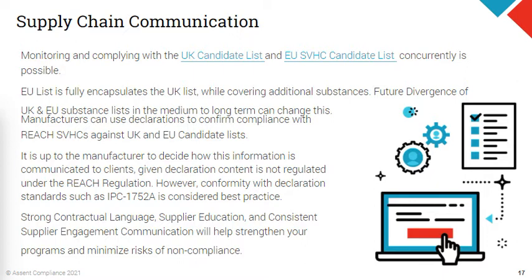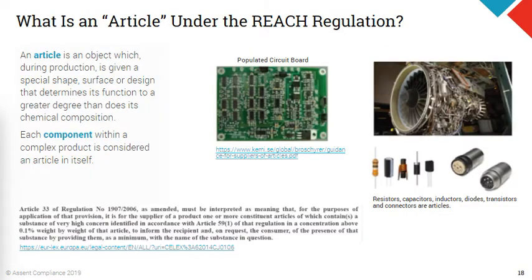Now, just before we jump off the topic of REACH for today until the Q&A session, I always like to end these topics by highlighting the level of detail at which this information for downstream communication, essentially your Article 33 notifications, needs to happen, which is that REACH is really managed at the article level. And maybe, Raj, because we will be talking about SCIP, and this is going to be a key point, if you want to quickly touch on the article definition under the REACH regulation and the level at which we do need to see this information managed.